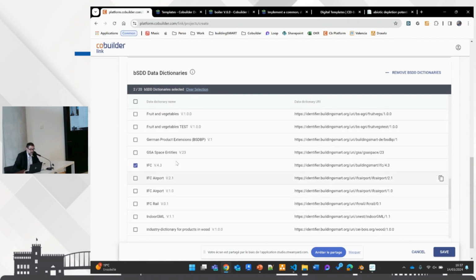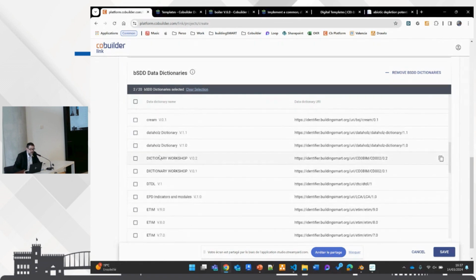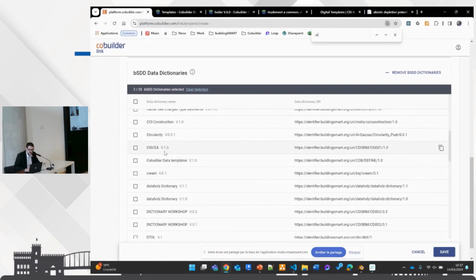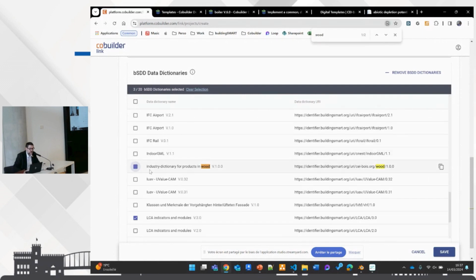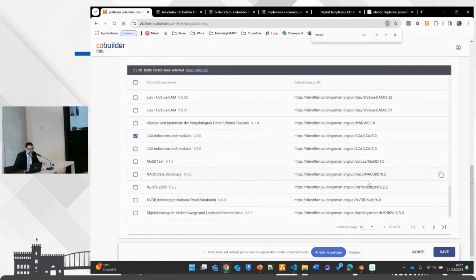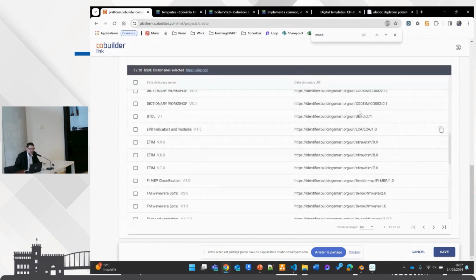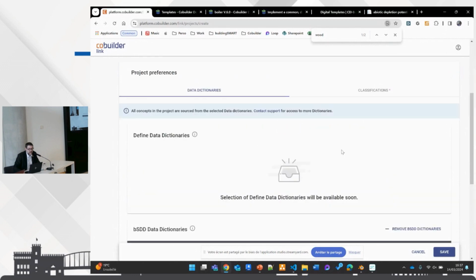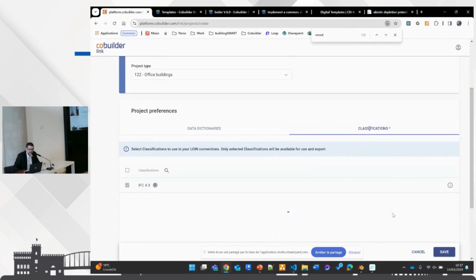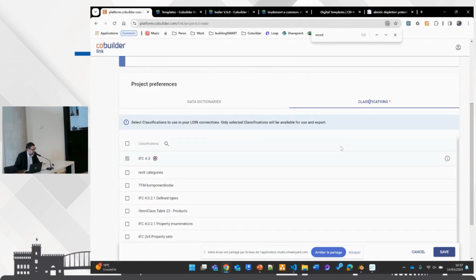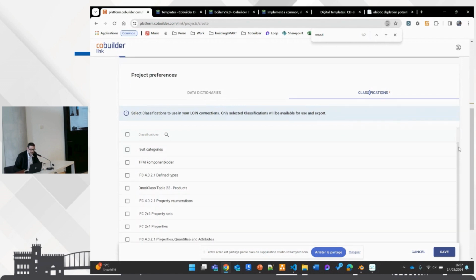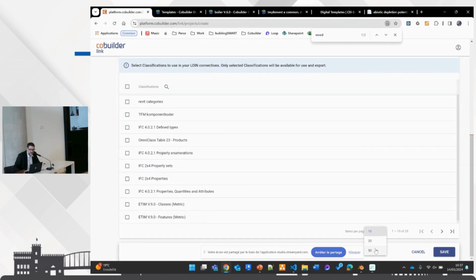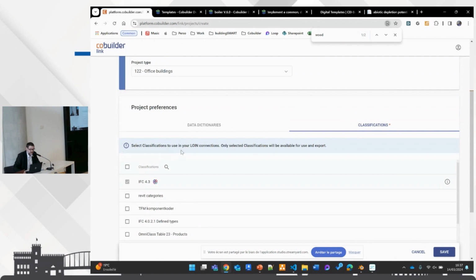But we could have also taken, where is this wood data dictionary? Maybe check it also. So that's why I want to use from bSDD, and in define, I will have to say that I want to use some kind of classification system. IFC 4.3 mandatory. Come on, we are buildingSMART. So no way you don't use this classification system, but you can use, let's say,